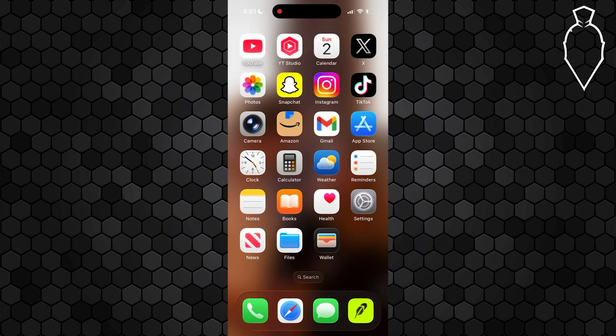In this guide, I'm going to show you how you can restore missing or deleted apps on your iPhone or